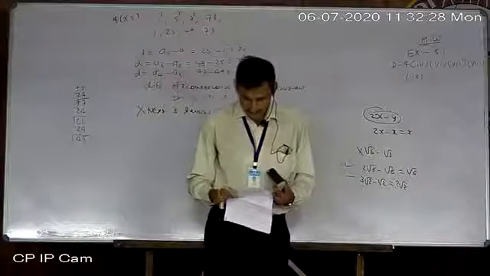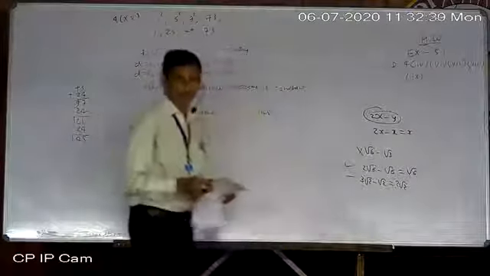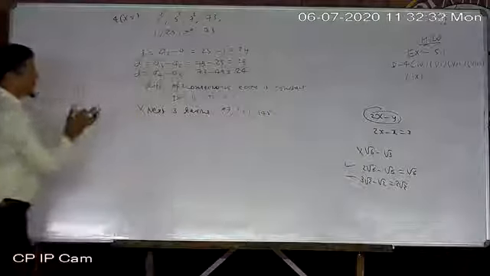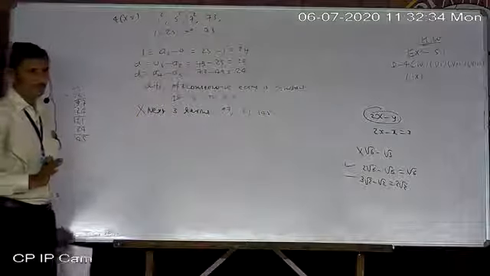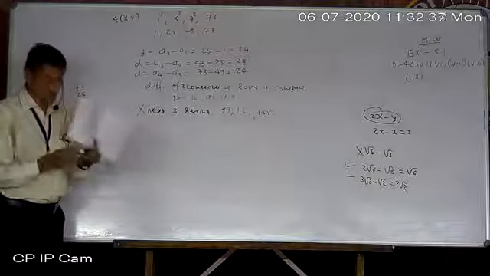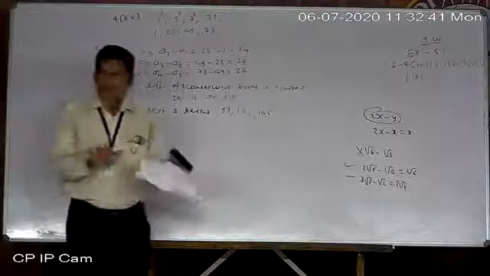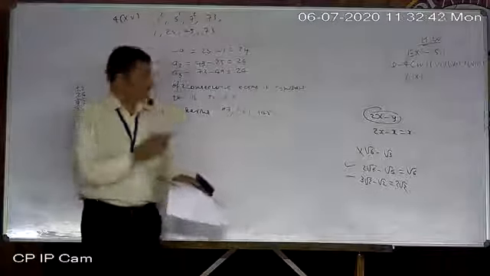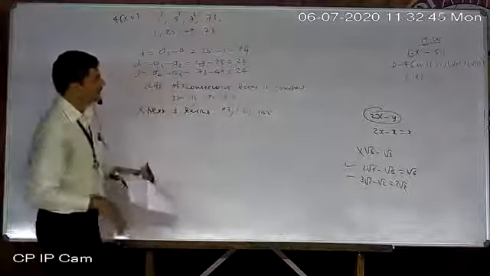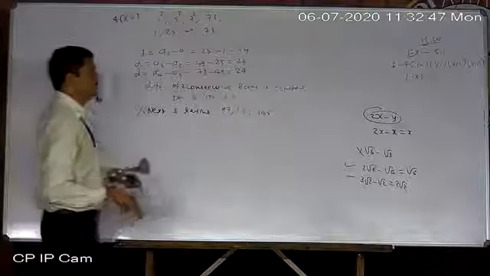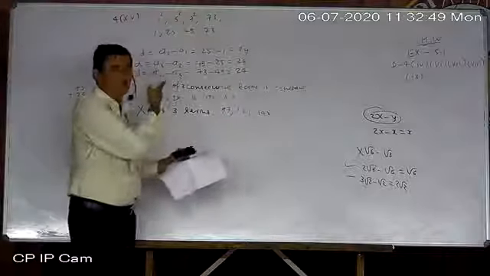So exercise 5.1, the basic questions, ends here. It is very basic. Just find the difference. Just say whether it is an AP or not. If it is an AP, then go ahead. If not an AP, then stop there only. Only 5 sums, sorry, 1, 2, 3, 4, yes, 5 sums are given of the same type.